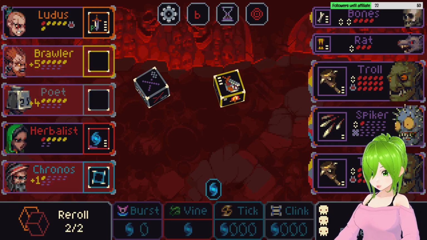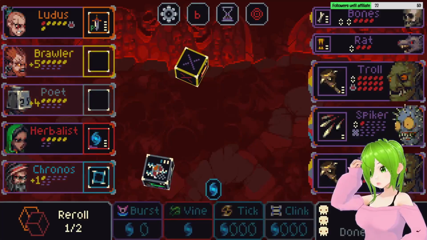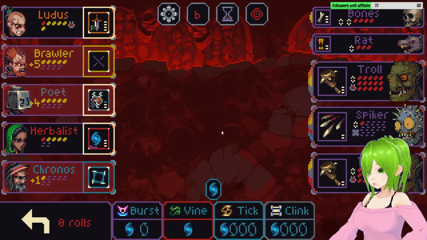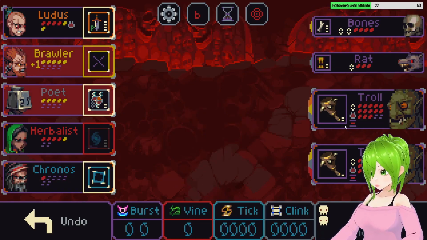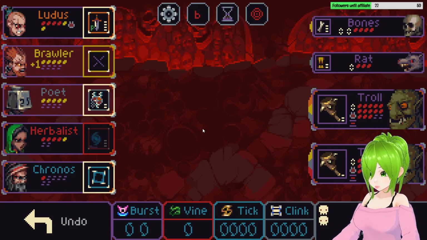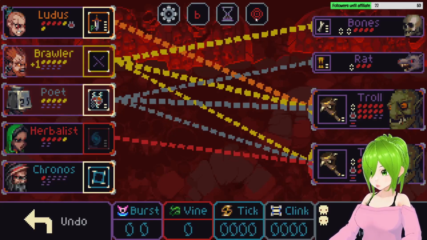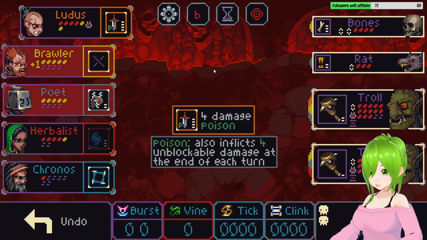Okay, we already have Spiker dead, because we can tick and weaken these two at the same time. I think we want to roll those two. Okay. That probably helps. Alright, Brawler, thanks. Thanks for nothing. Case of Poet and Brawler still dying. And that is because of the bones in the rat. Sure, that's fair. Do we need to waste this on them? Wish I didn't have to, but...